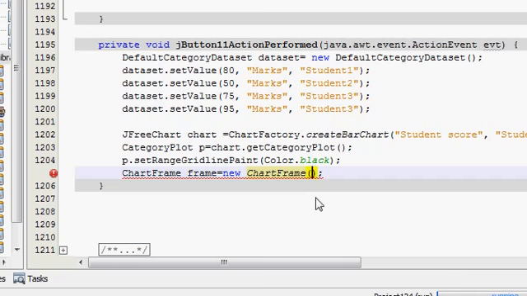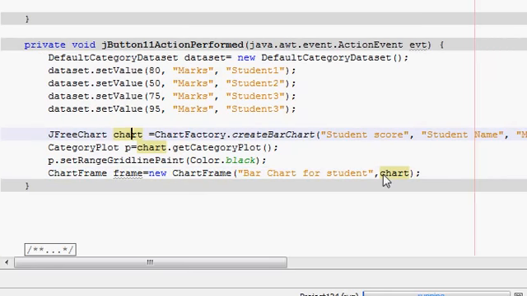So this is my frame in which I will show my bar chart. So I will give it a title which is bar chart for student, and after that comma,